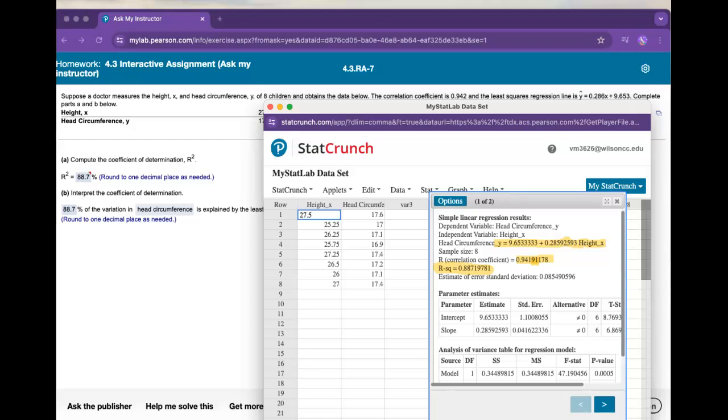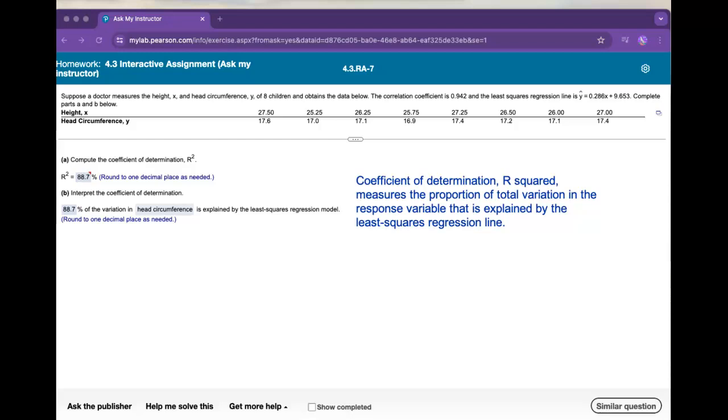Now, the next question is to interpret that. What does that mean? What does it mean about the coefficient? What does that actually mean? So what we're going to do, let me see if I can type this out for us. The coefficient of determination, in other words, r squared,